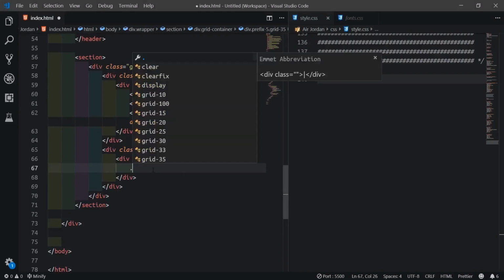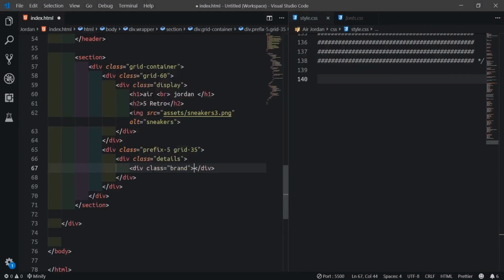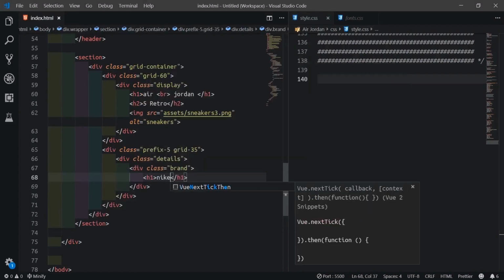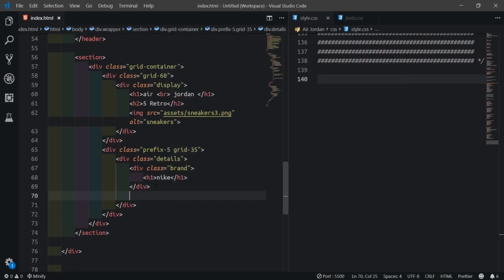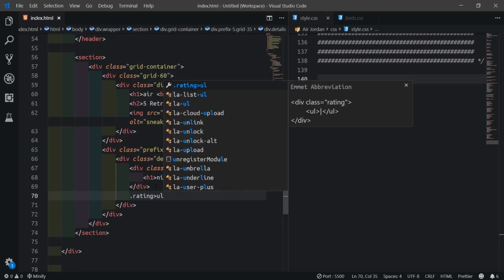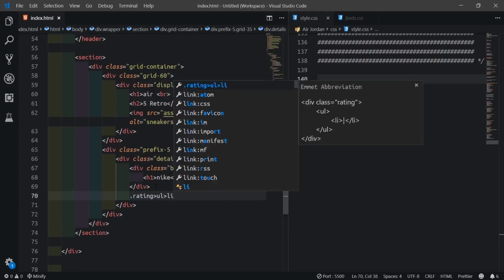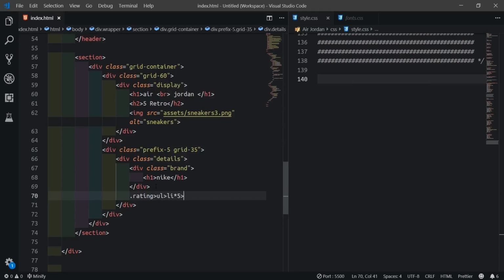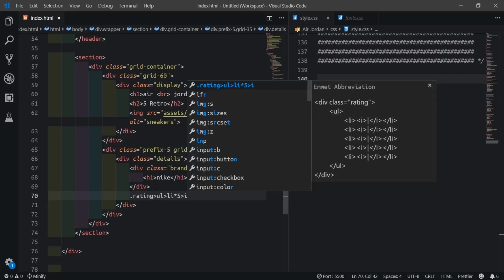I'll say dot brand to create the brand, and inside we'll say H1 Nike. Then we'll come down and say rating. This rating, I'll get another list, and on that list we get list items. The list item will be five stars, and each of them will get this star icon.